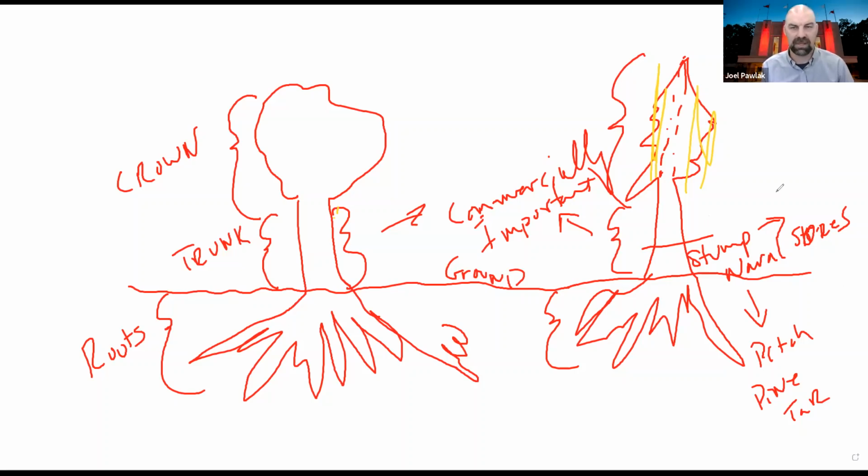So historically speaking, the stumps had a good bit of value in them. There's still some people who will harvest the stumps out of softwoods to try to take those naval stores and extractives out and use them for different sorts of things. Today, like I said, that still exists, but it's probably not as big of an operation as you might usually see. Now in our next drawing over here, I'm going to imagine that we cut this tree